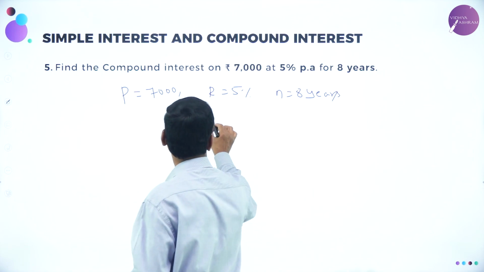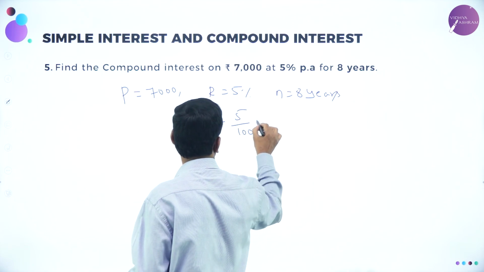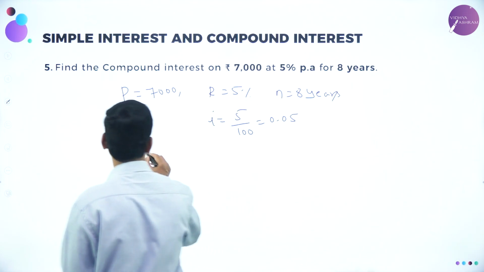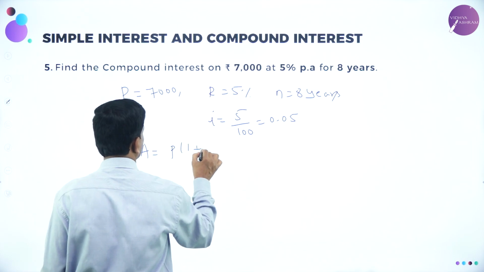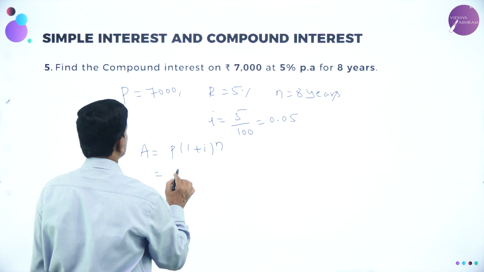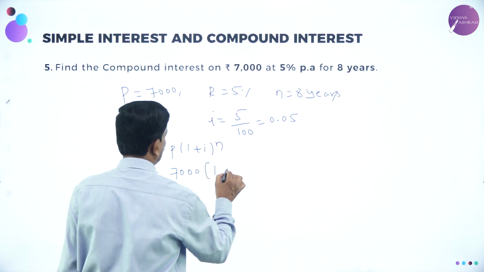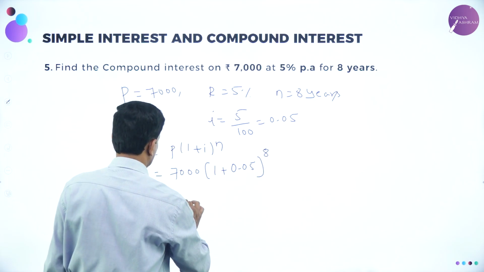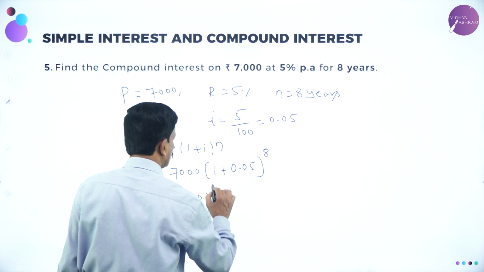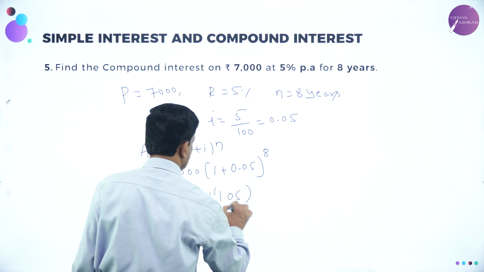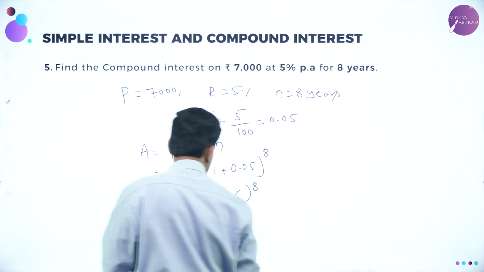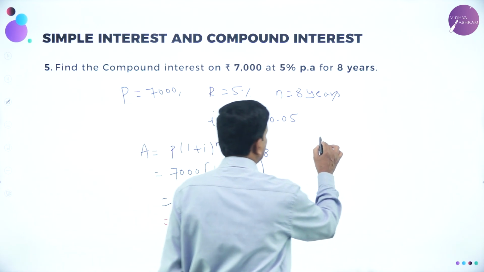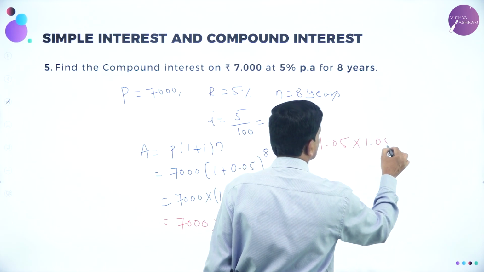Now just find out I. I is equal to 5 divided by 100, that's equal to 0.05. Now find out the amount. Amount is equal to, what is the formula? P into (1 plus I) to the power of N. So 7,000 into (1 plus 0.05) to the power of 8, which is 7,000 into 1.05 to the power of 8. Now if we multiply 1.05 8 times, this is equal to 7,000 into